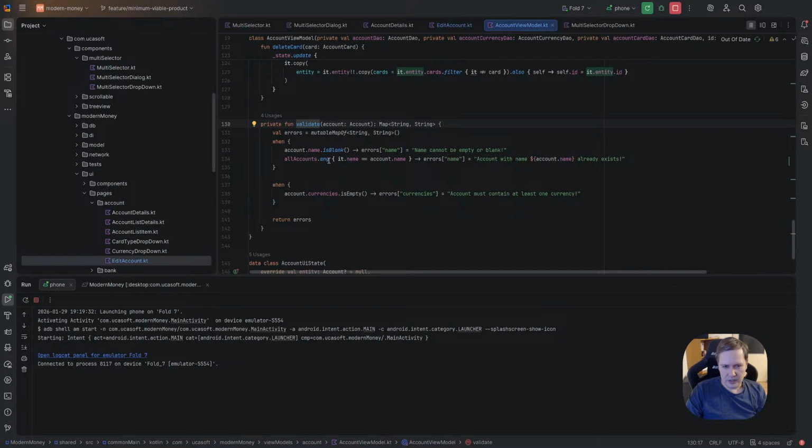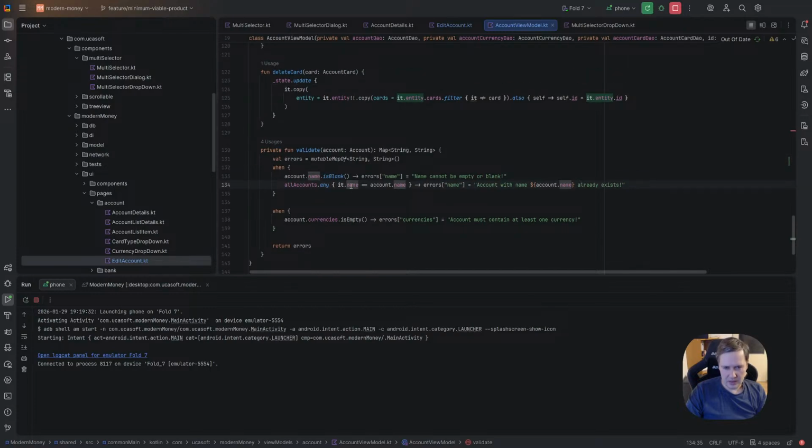And here we check if any of all accounts, any name equals name, it already exists, and its id does not equal account id.